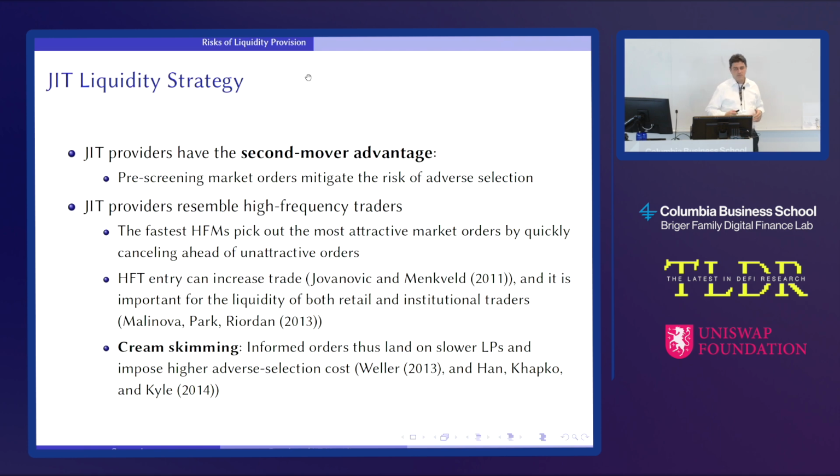One of the characteristics of this model is that it exploits the second mover advantage of just-in-time liquidity providers. Most of the time, in finance or in economics, there is always a discussion about first mover advantage. Here, instead, what is important is the second mover advantage, the fact that the just-in-time liquidity provider can move after they've observed the order flow instead of moving earlier, which resembles a little bit the behavior of high-frequency traders. It's different in that sense, but